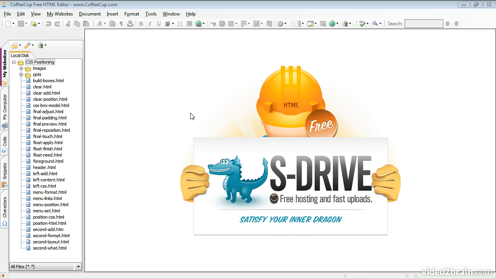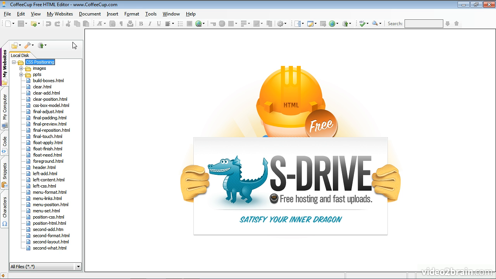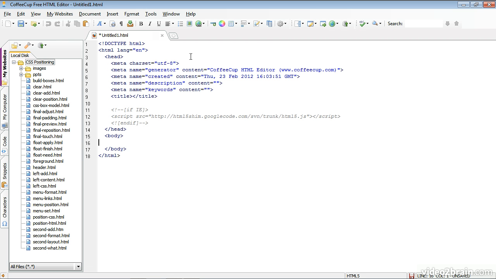So within Coffee Cup itself, there is this globe area here. And if I click on that, there is a local preview. And you can see it does allow quite a few different browsers, whatever I want to install on my machine. Things are all grayed out now, and what I need to do is open up a page in order to have access to that. So if I go over to File, New HTML Page, I can open up a brand